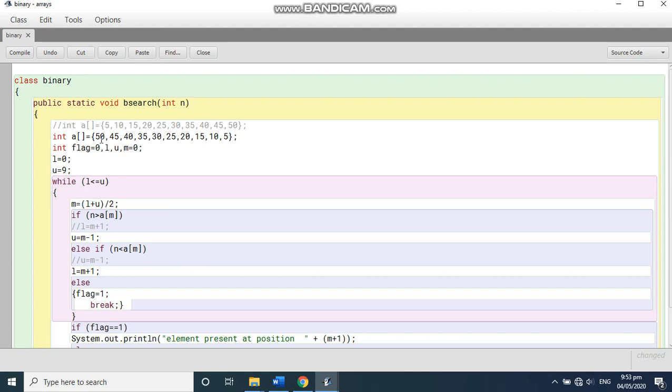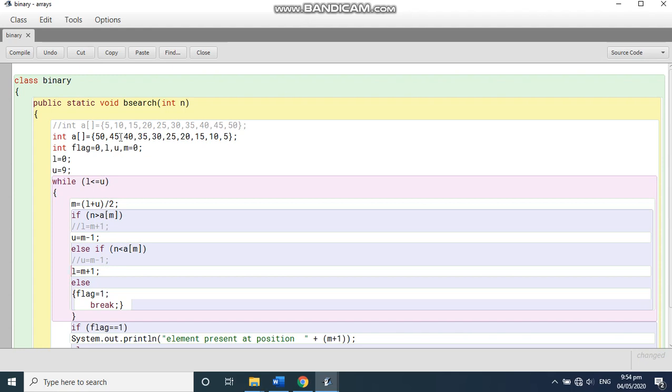Now the middle number is taken: 0, 1, 2, 3, 4, 30 is the middle number. Now if your number to be searched is greater, that means it is lying here in the first half. So we will bring U to this number, that is U is equal to middle number minus 1. And if it is smaller, then it is in the second half. So we will write here L is equal to M plus 1. See, I have written the lines which were used for ascending order also. You can compare it. But you have to understand and read the program properly. Only these two changes are to be done.